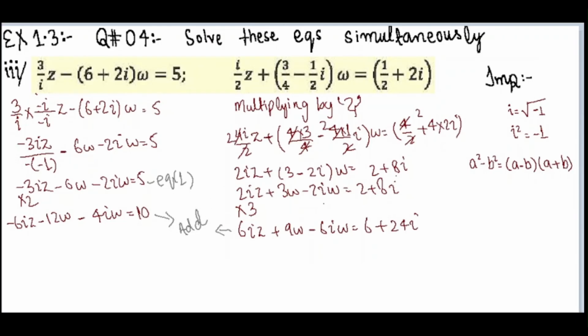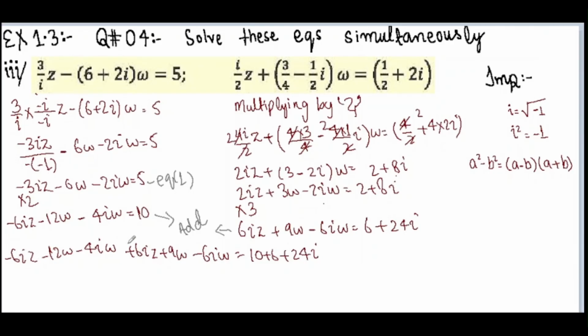Okay. Now by adding them, we are going to add the left hand side with the left hand side and the right hand side with the right hand side. So we get minus 6 iota z minus 12w minus 4 iota w plus 6 iota z plus 9w minus 6 iota w equals 10 plus 6 plus